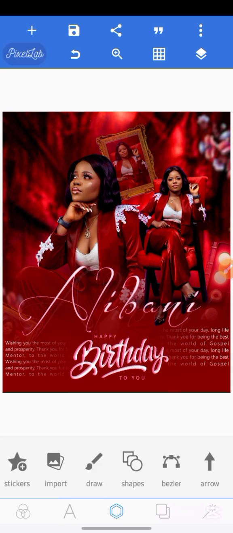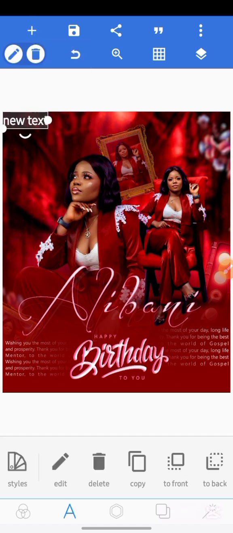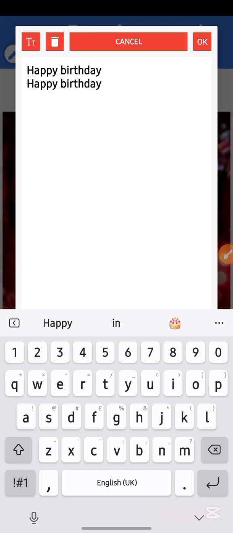Next thing we are going to be doing, which we are almost done, the design, we'll be adding another text at the back of this lady. So click on your plus sign, click on text, move it here and write there. And we're going to be writing happy birthday. So happy birthday, and then enter key, happy birthday again, copy it,